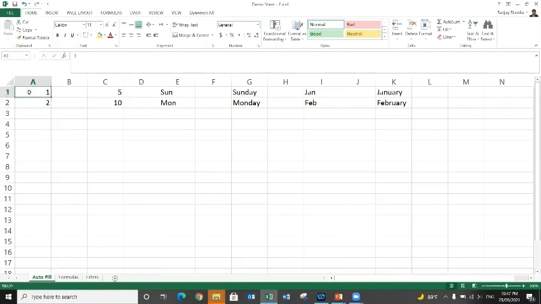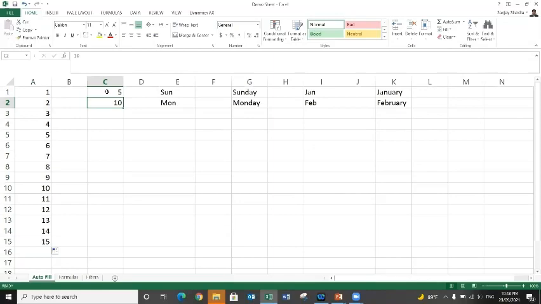So what I will do is I will just select both the numbers and take the mouse pointer to the right and bottom corner. And you can see here, as soon as the pointer of my mouse changes its shape to a plus sign, I will hold the left button of the mouse and start dragging. And here we go. The system has already entered the numbers based on the prediction that each number is increasing by 1.